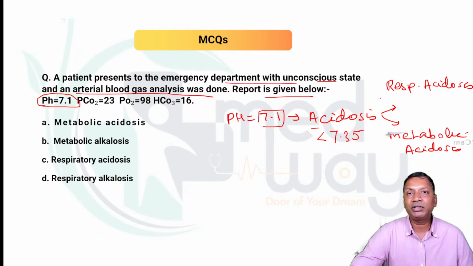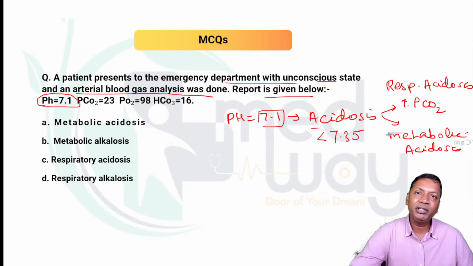So respiratory acidosis is whenever there is an increase in the partial pressure of carbon dioxide. The carbon dioxide partial pressure will rise up. Right? How much does it rise? In the arterial blood, the PCO2 is 40 mmHg, and in the venous blood, the PCO2 is 46 mmHg. So if the arterial PCO2 is more than 40, or the venous PCO2 is more than 46, then it will lead